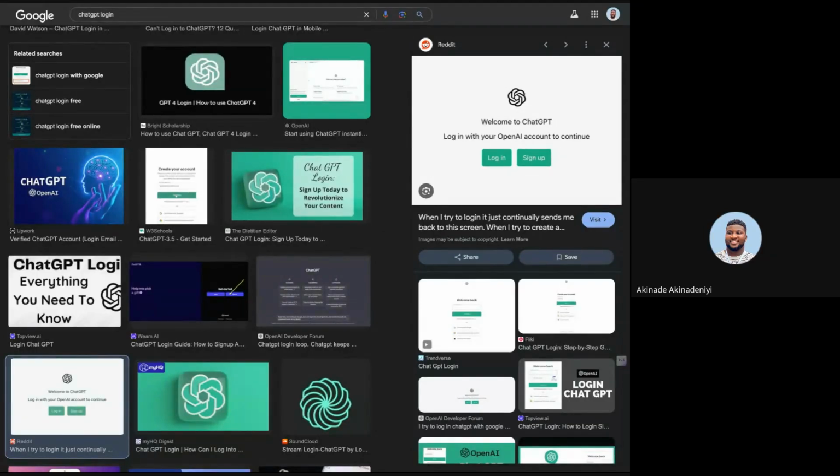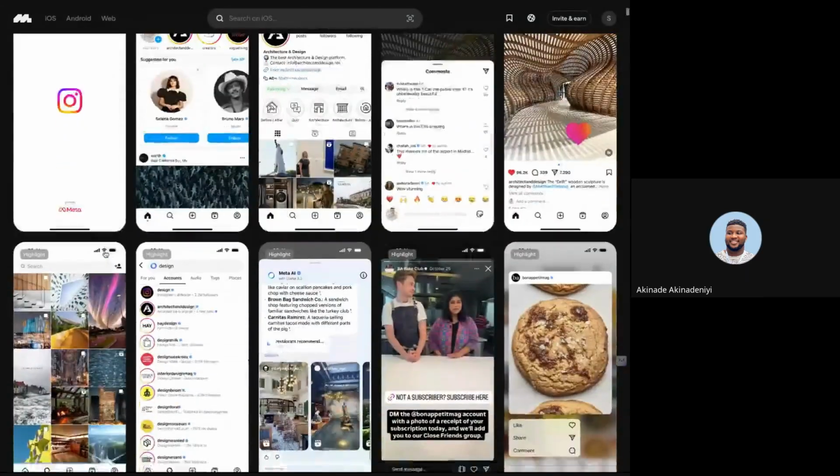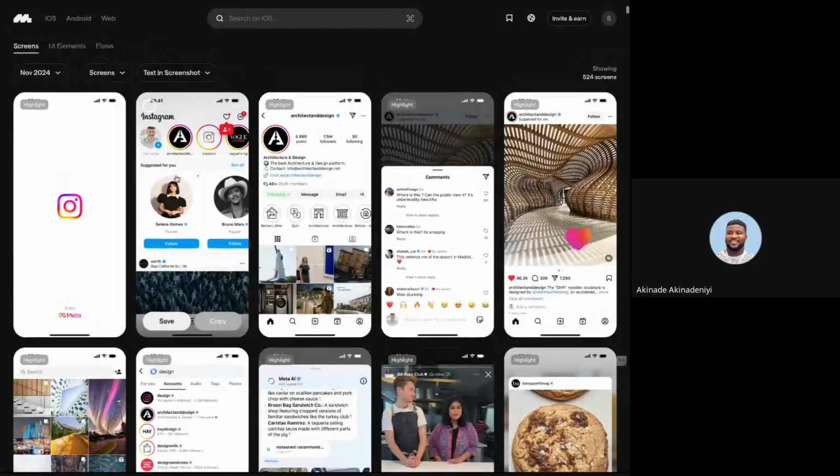To buttress our point about why people don't really care about design at some point, if maybe a product is new, let me share this page. Pay attention to Instagram. You notice that Instagram uses what we call line icons a lot.